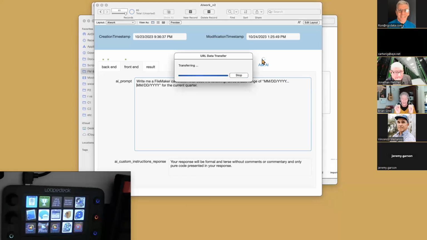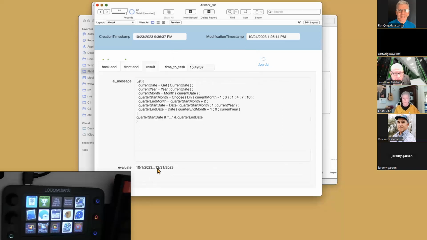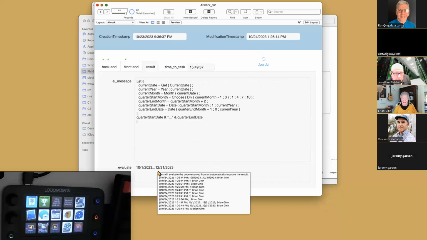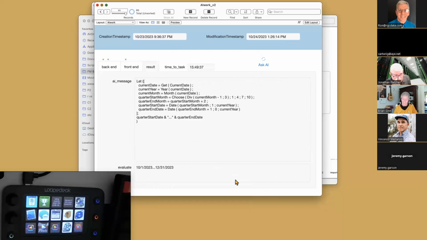It may not work. What I like about this is it will do the request, it'll be terse in its response, and it'll evaluate it because I told it to. Now, listen, guys, this is the most amazing thing. This worked 2 times in a row. What I usually have happen is it'll work about 60% of the time the first time, but sometimes it doesn't, and I have to refresh it till I get an answer. Then I'll look it over and say, yeah, this is what I want. I can deal with this. I can copy and paste this and put it right in.